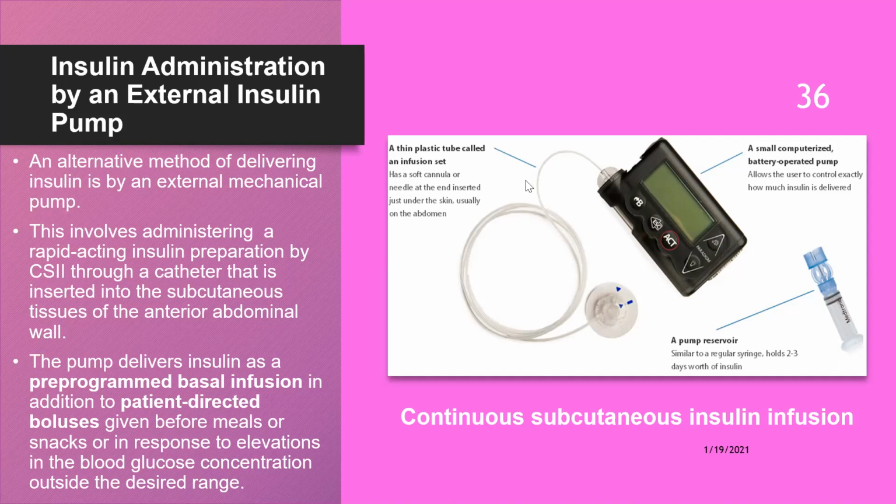I hope you can appreciate the figure here, which shows the components of an insulin pump. This is the main operating pump, which has a battery, which has a reservoir of insulin. This you can see here, the pump reservoir. This is inserted over here in this part of the machine. This is the catheter tube or plastic tube or infusion set, through which the insulin goes into the subcutaneous tissue. And this is the cannula over here. This rounded white part is the cannula, which is inserted into the skin.